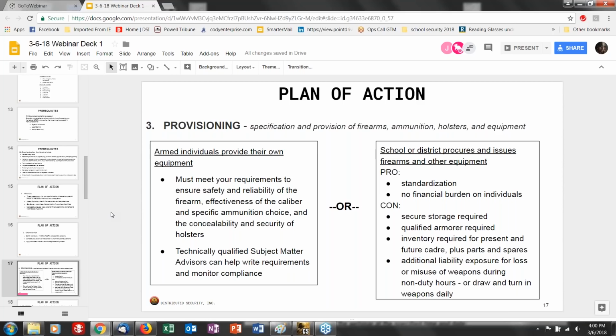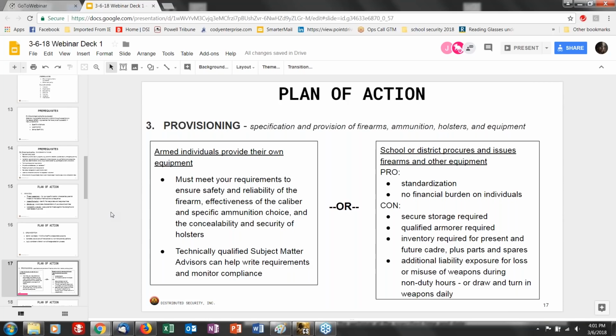And the idea here is that the school or the district would procure and issue firearms and other equipment. The primary advantages are that you have standardization of firearms, ammunition, and equipment, and you don't impose a financial burden on individuals who volunteer. But the cons are really of some significance. One, you would need secure storage. Two, you would need a qualified armorer on payroll. You would have to maintain inventory both for your present security cadre and for any future additions,